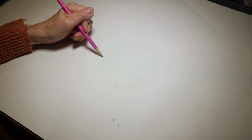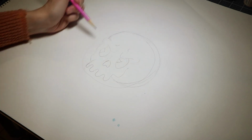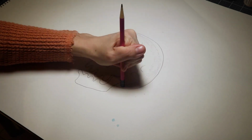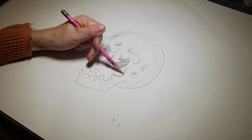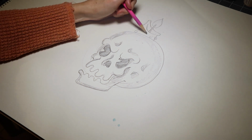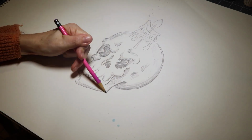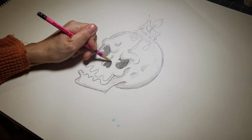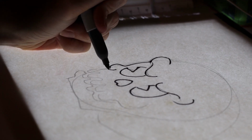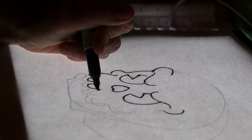As a precaution, I'm going to sketch out my skeleton on my paper, because I don't want to draw a really wackadoo skeleton. There we go. I'm going to shade his eyes, add a little shading. And he's done. Okay, so I've gone ahead and laid my Shrinky Dink paper over the original illustration,